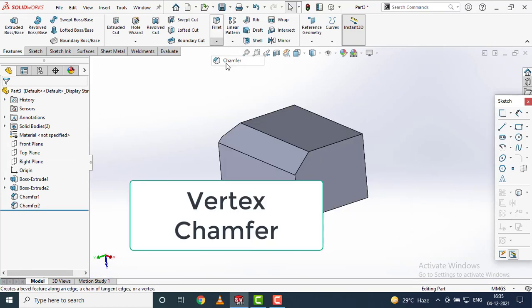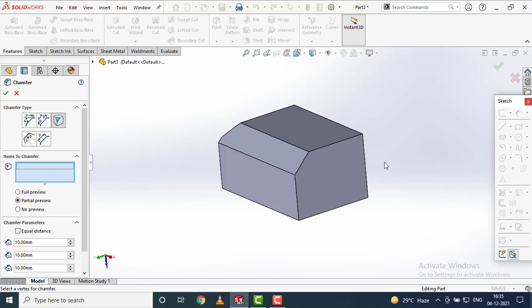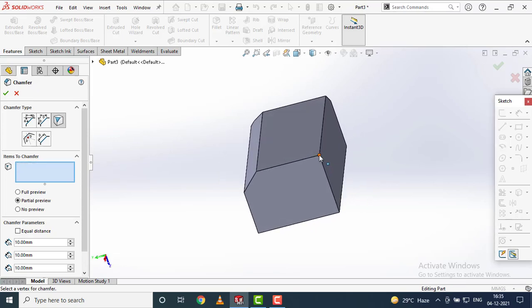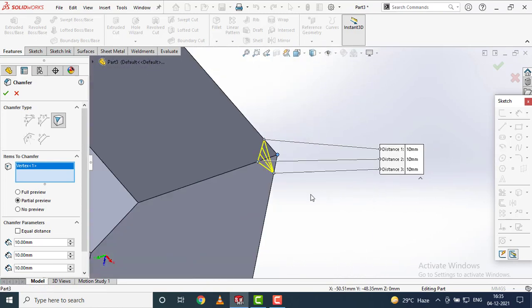The third chamfer type is vertex chamfer. In this chamfer, in items to chamfer, just click one of the vertices. Let's click this vertex. Now you have the options to select the distance. It is the distance of the 3 points of the chamfer from the selected vertex.